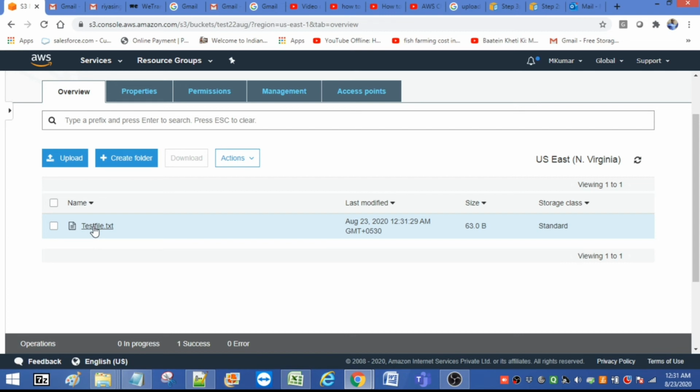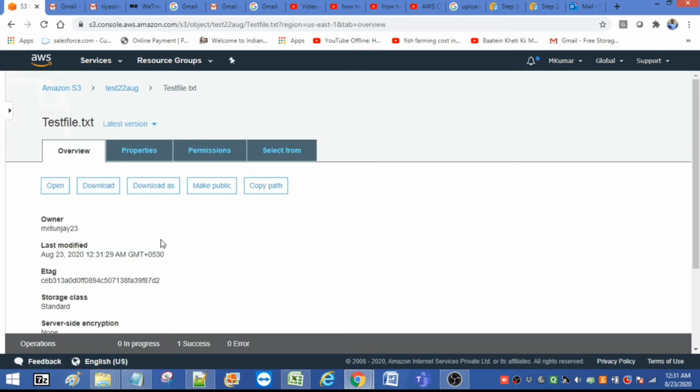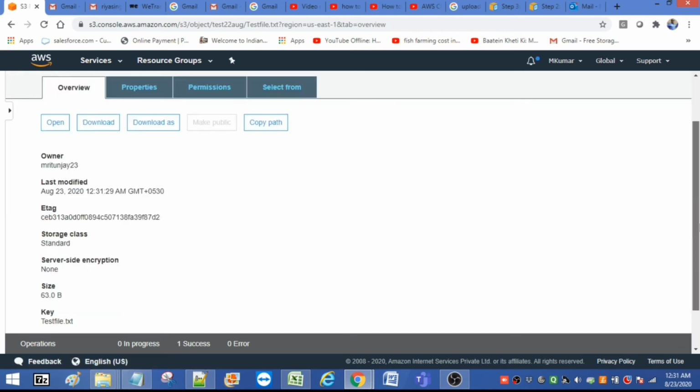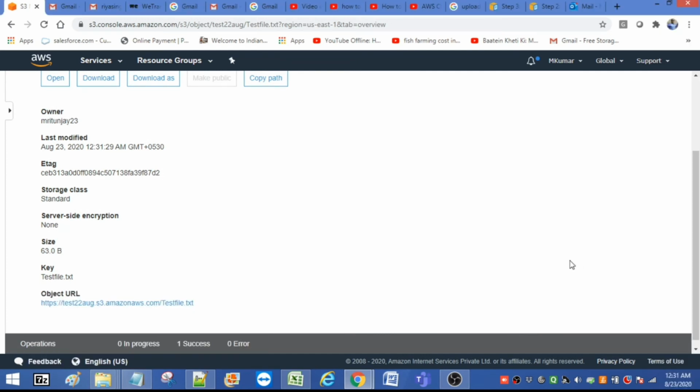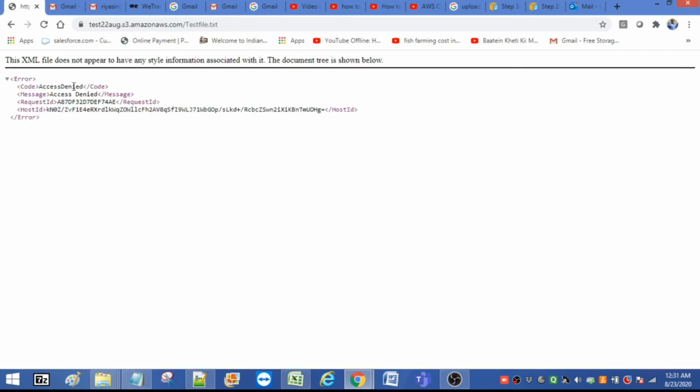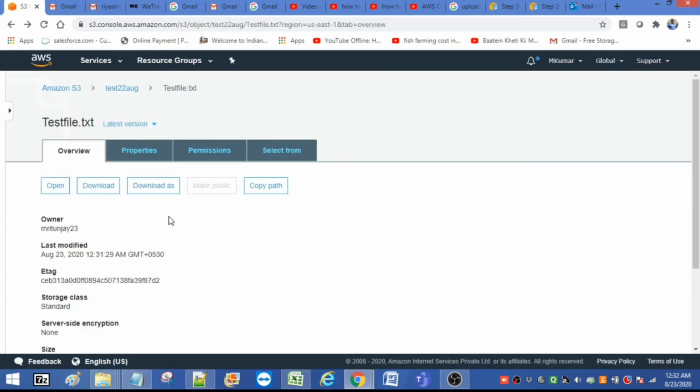If you click the test file .txt, there is a link here, the object URL. Click this one. Here you can see access denied because our bucket is not a public one.